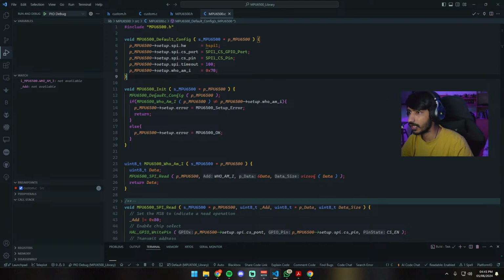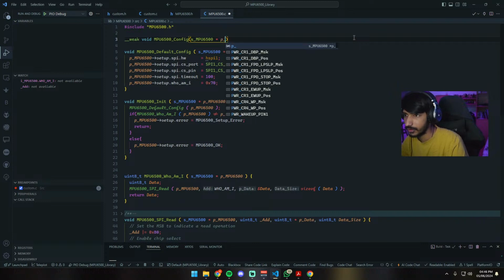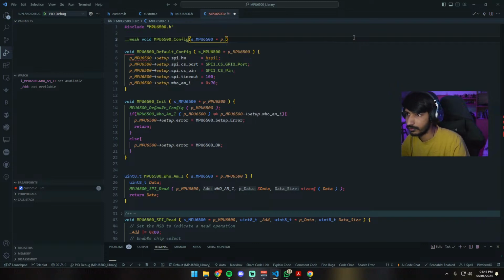Okay, so we have to... I also have to actually... This should be a default config locally. So I'm going to do a weak void MPU6500 config to facilitate any change. Like if someone wants to change something else. MPU 500,